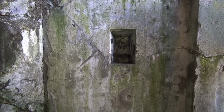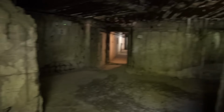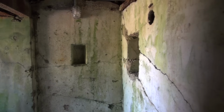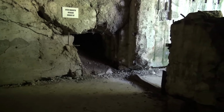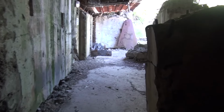Access to the block was protected by a firing position with an armored plate and a firing position for an MG-08 as well. And something else that'll blow your mind. This defensive area, construction and design of it, started in 1932. So, well, when they blew the front of this, that would be the emergency exit. And here would have been the fighting compartment